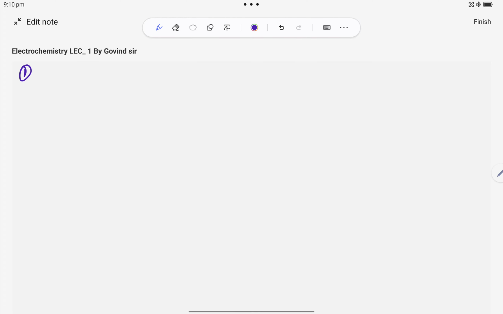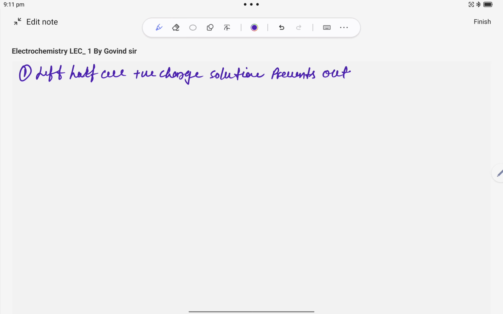Point number 1, left half cell, positive charge, because in the solution Zn plus 2 ion is coming, positive charge in the solution prevents outward flow of electron. Second point, right half cell